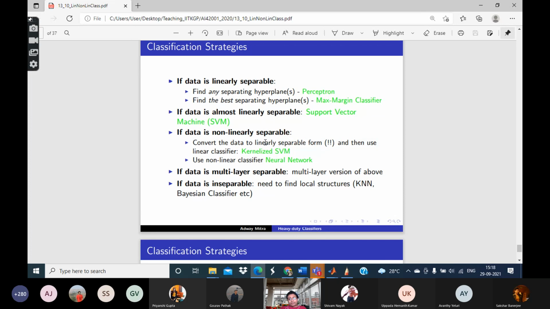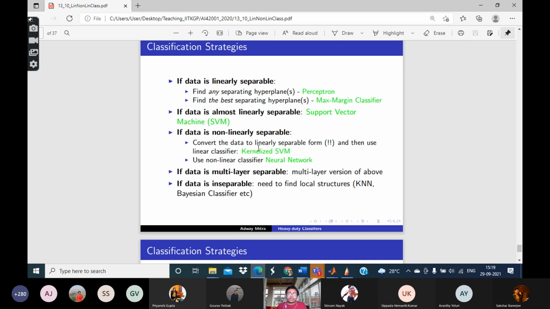The kernel takes care of this conversion, or transformation, to the linearly separable form, which does not happen explicitly in your formulation. That is, even if you define a kernel function, you may not be able to define phi, so you will not be able to see that you have transformed the data to a linearly separable space, but the thing will continue to work nevertheless. And once you have defined the kernel, then you will have to use the SVM algorithm as usual, and finally you will get the linear classifier, which is the kernelized SVM.